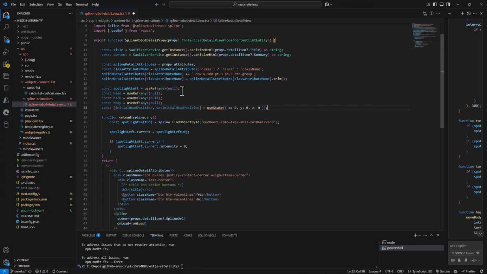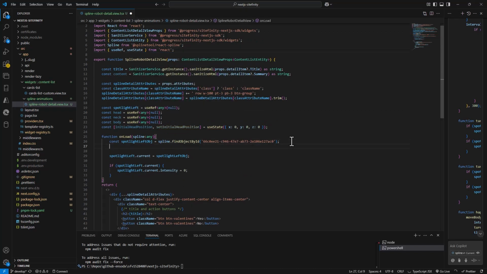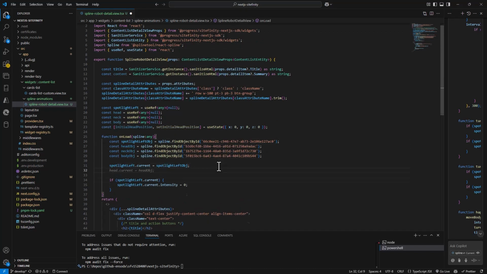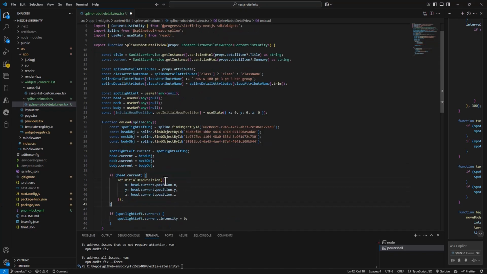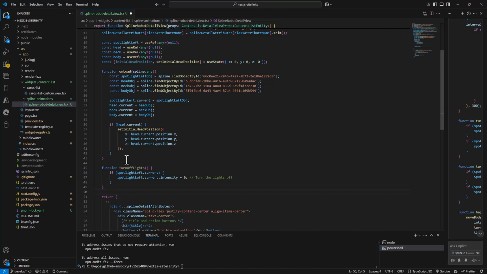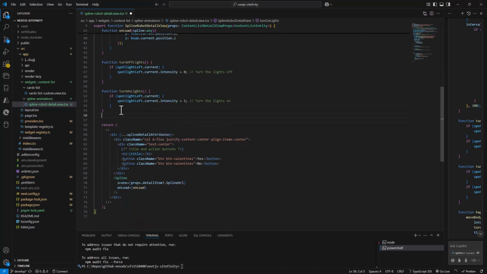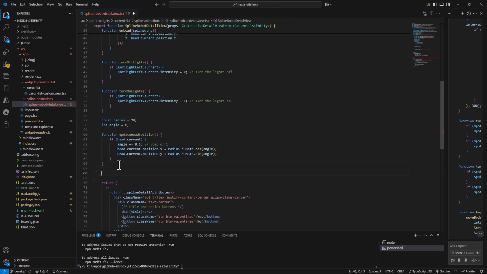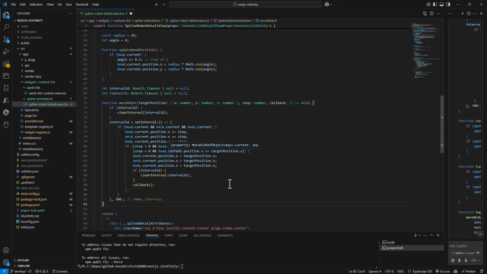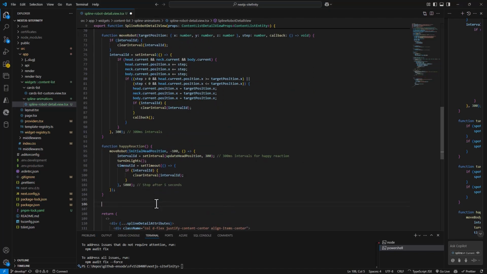So let's update this with something more fun by adding all the objects into our scene and adding some animations to our little robot. We need to get the initial position of the head, which we'll use as a reference when we change the position of the robot. We'll move the logic for turning off the lights into a function. We'll add a function to turn the light on as well. We'll need some logic to rotate the head and to move the robot. And finally, we'll add the logic for the happy and the sad reactions of the robot.